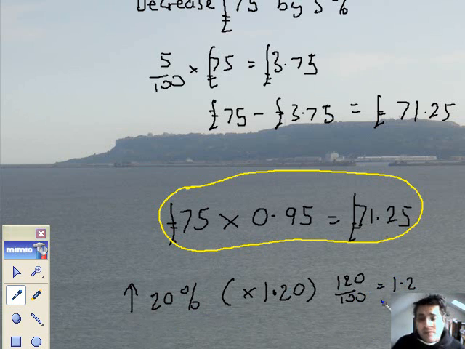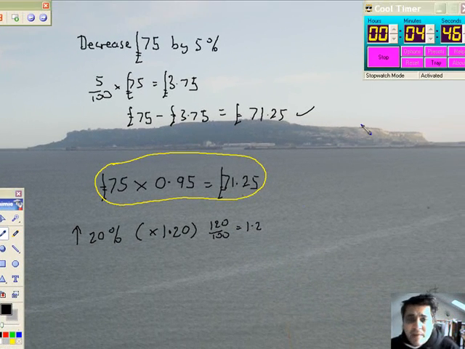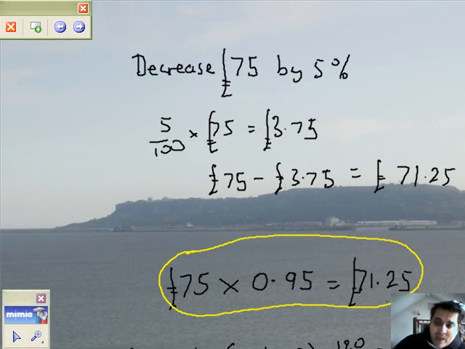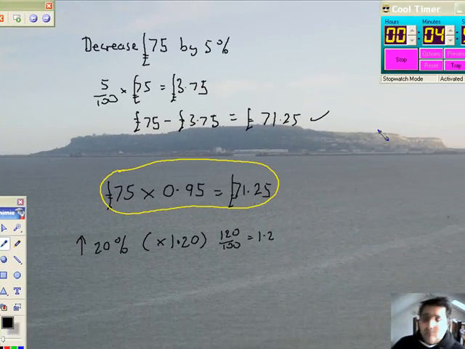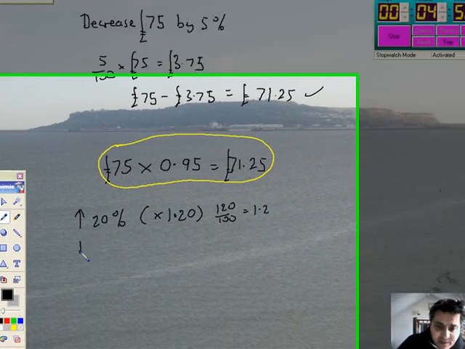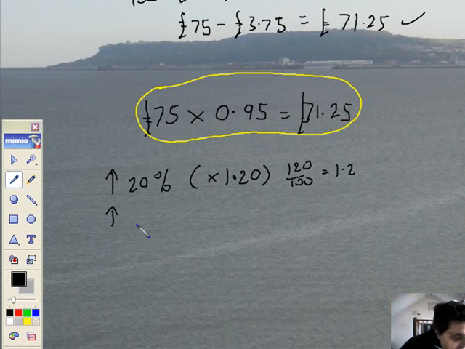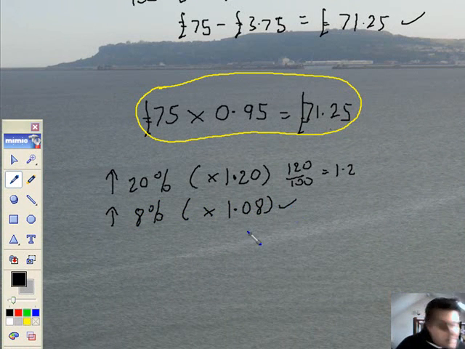So to increase by 20%, don't worry about any middle steps. Grab your calculator, and then you just do 1.2, and that's it. Let's do another one. Increased by 8%. Well, basically multiply by 108%, which is 1.08. You get the job done in one step. We'll do one more. Let's increase by 3.5%. Very simple. You multiply by